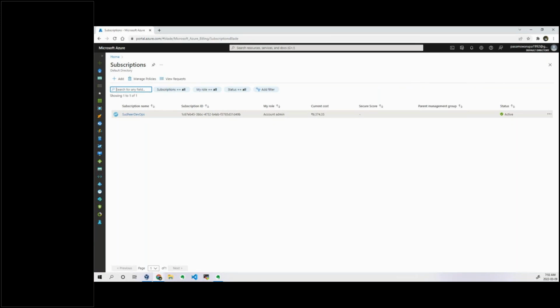Now if you want to access this, you have to be added to that subscription as well. If you are not added, you cannot access. Let's say a user will be added at the subscription level. Why? Because as an administrator, I cannot keep on adding the user to each and every resource, right? It will be painful for me. Instead, I have a subscription, so I'll give access to the subscription. If I give access to the subscription, whatever resource groups and resources I have under that, he can access. It is so simple a job, right?